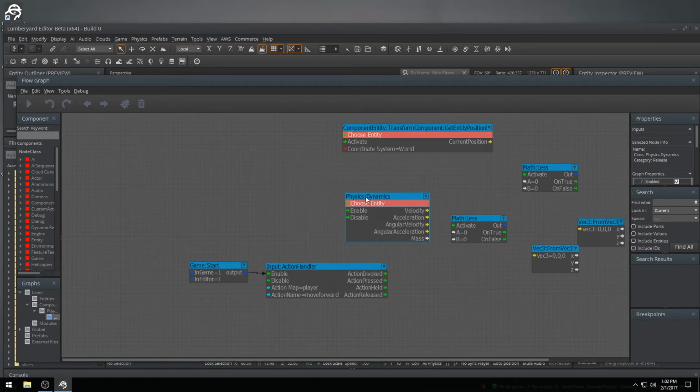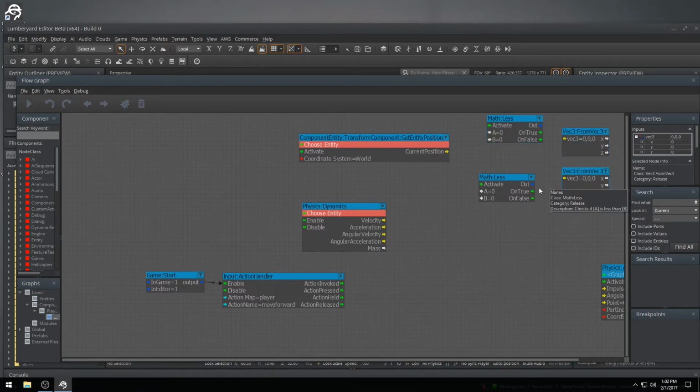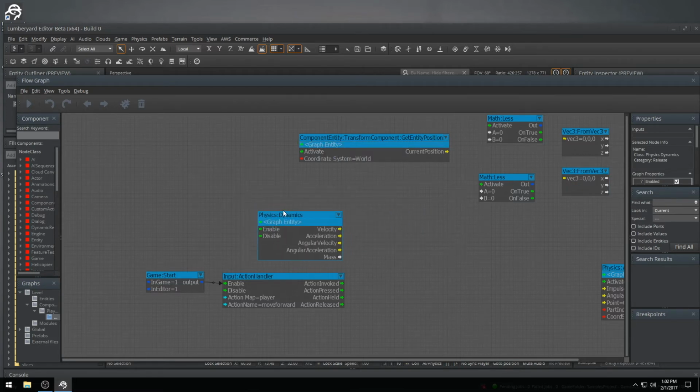So the first one we're going to do is we're just going to check to make sure that the player is actually falling. So in this way, the only way the player will be able to push the W key and have it actually do something is if the player is already moving downward. So make that graph entity and just go ahead and do the other one just so we don't forget. Now the thing with physics dynamics is you don't actually have to connect anything to the enable. So we're just going to pull velocity